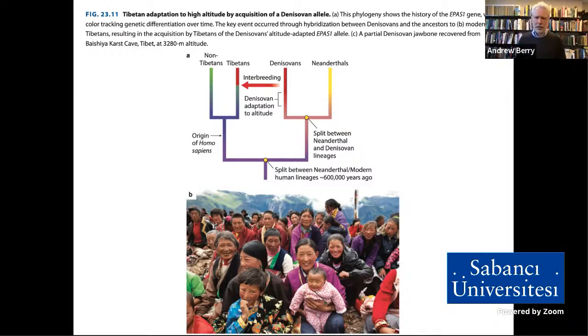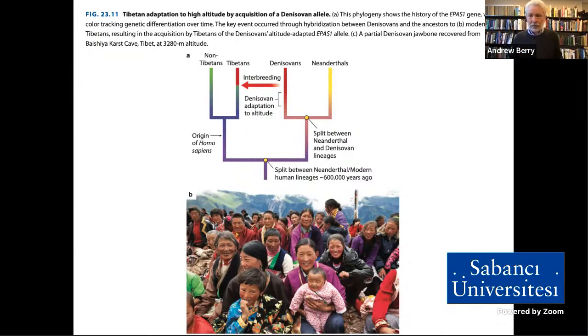Tibetans, as you probably know, are remarkable for their ability to live at high altitude and breathe very low oxygen content air. So if you, as an Istanbul sea level dwelling Turk, go up to the summit of even one of the big Turkish mountains, Uludağ or Ölüdağ, wherever, and you try and run uphill, you're gasping because there's just not enough oxygen to keep your muscles active. So it's a real challenge living at reduced oxygen at high altitude.